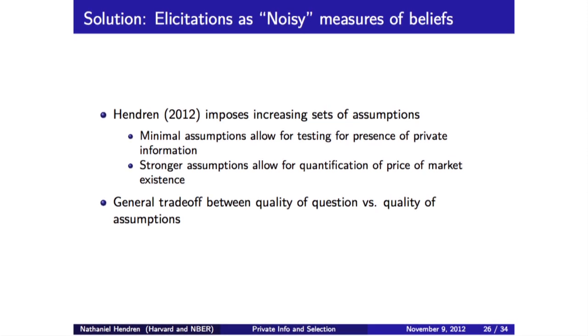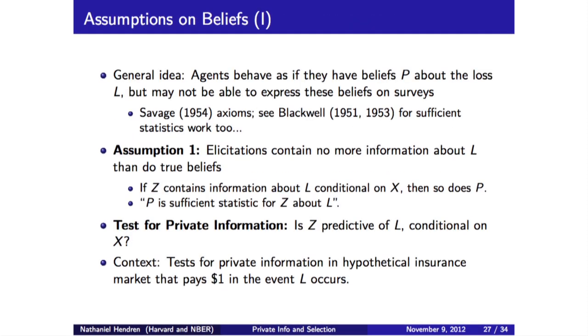And so I think this highlights a general trade-off in empirical work, that you always want to get a number that's really close to the theoretical conditions that you're trying to test. But often trying to get something closer to what you actually want to test comes at the expense of having to make additional assumptions that you may not believe. And so you try to walk, hopefully, along the line of making the minimal set of assumptions that you need in order to ask the question that you're interested in.